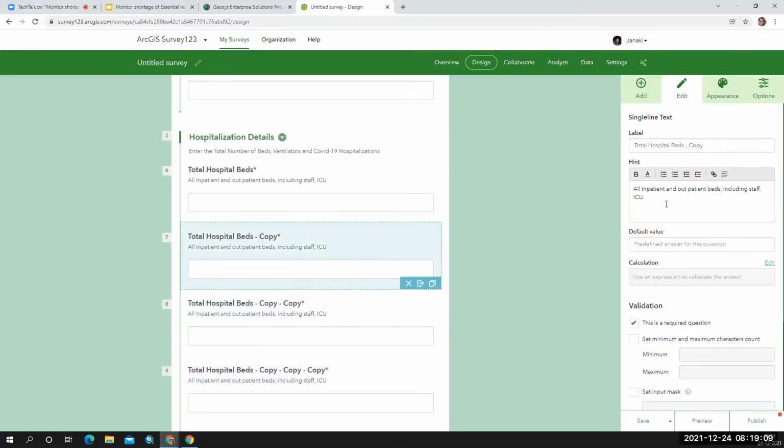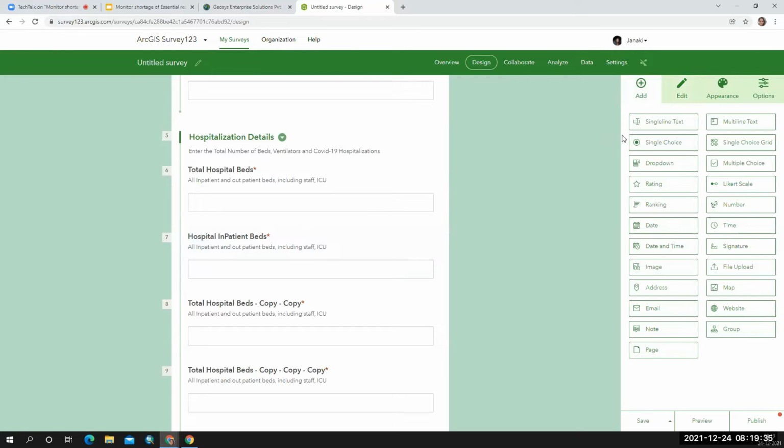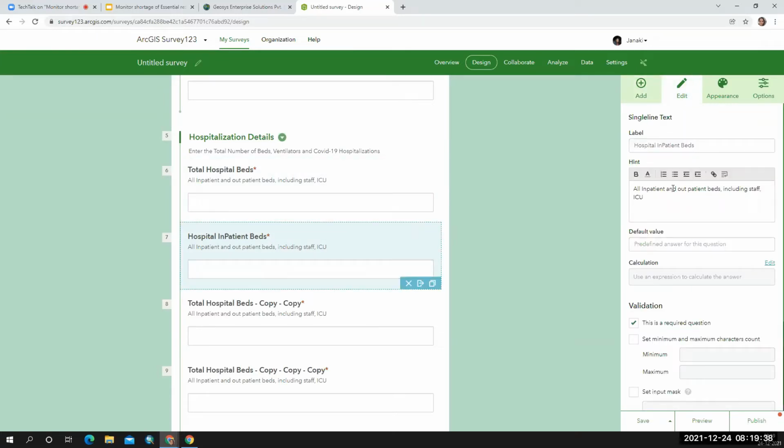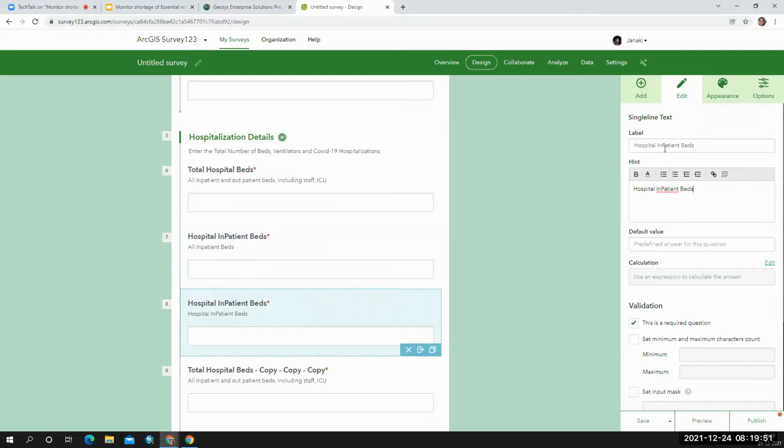So here I'm going to have hospital inpatient beds. Here I'm going to write outpatient beds.